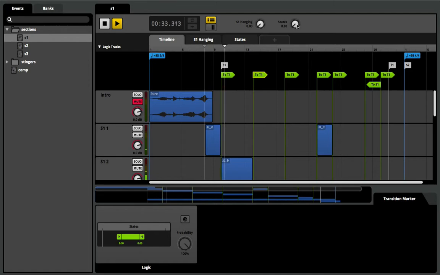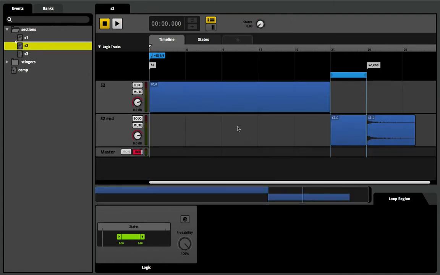Once we cross one of these transition 2 markers within the appropriate parameter range, we will jump to the transition cue. The release on the ADSR ensures that the tail of the audio file will continue to play during the jump. Section 1 also contains a parameter called hanging, which controls the volume automation of the conga loop. This parameter represents the player distance to the hanging bodies in the level.